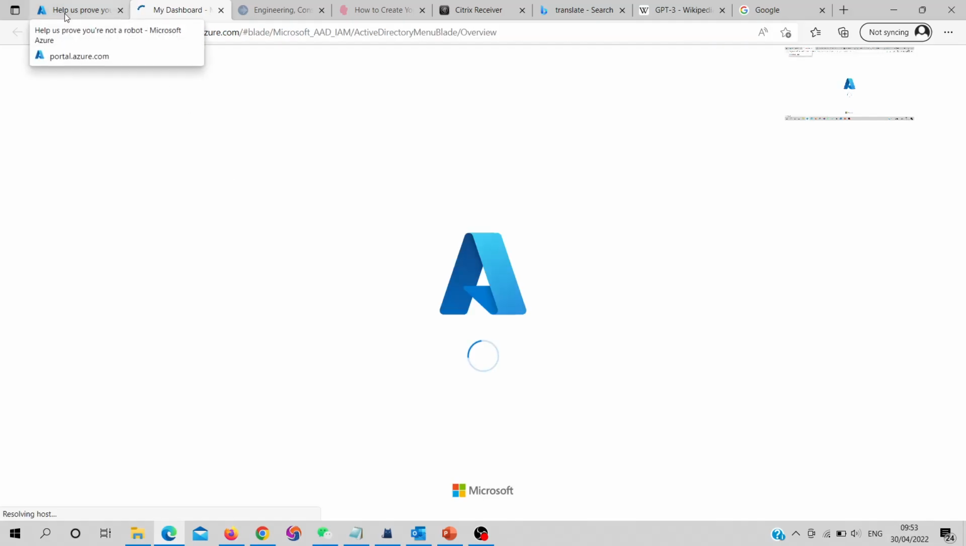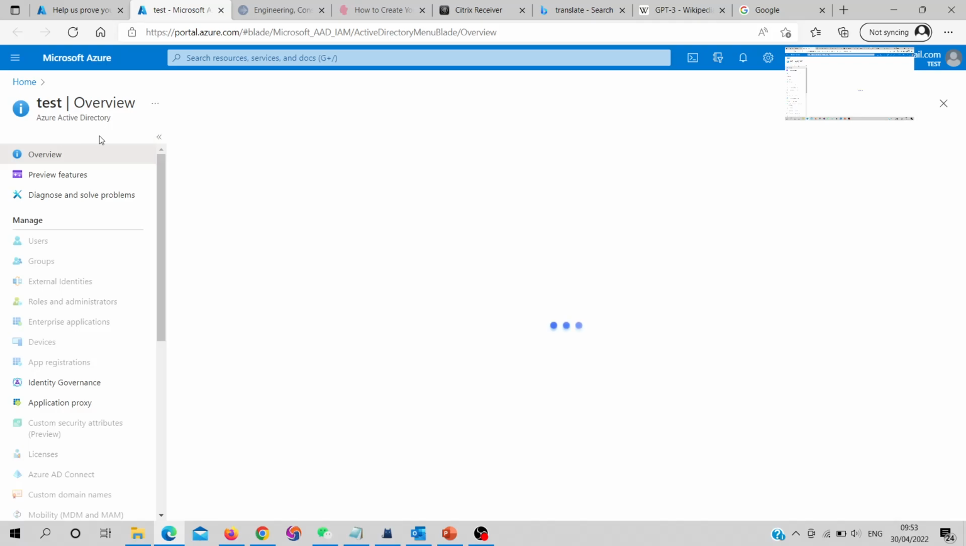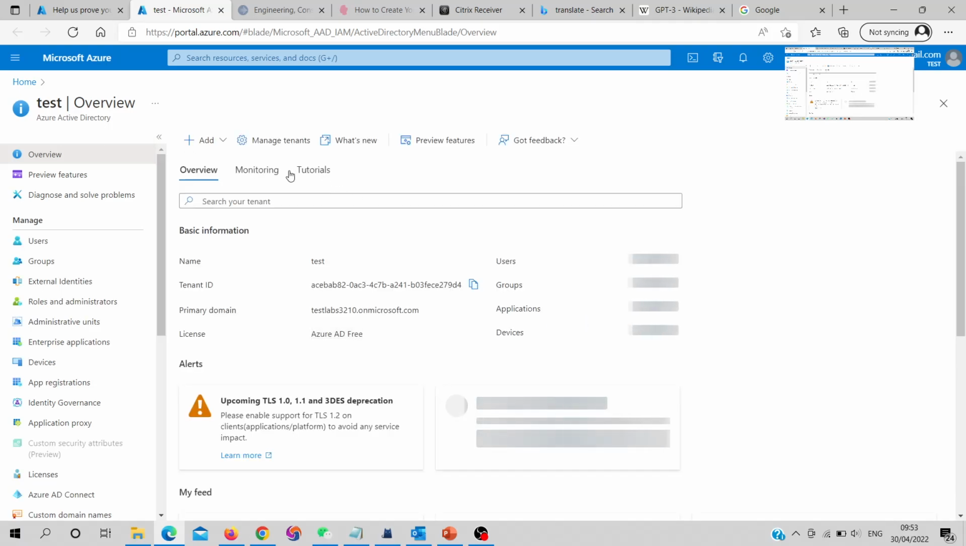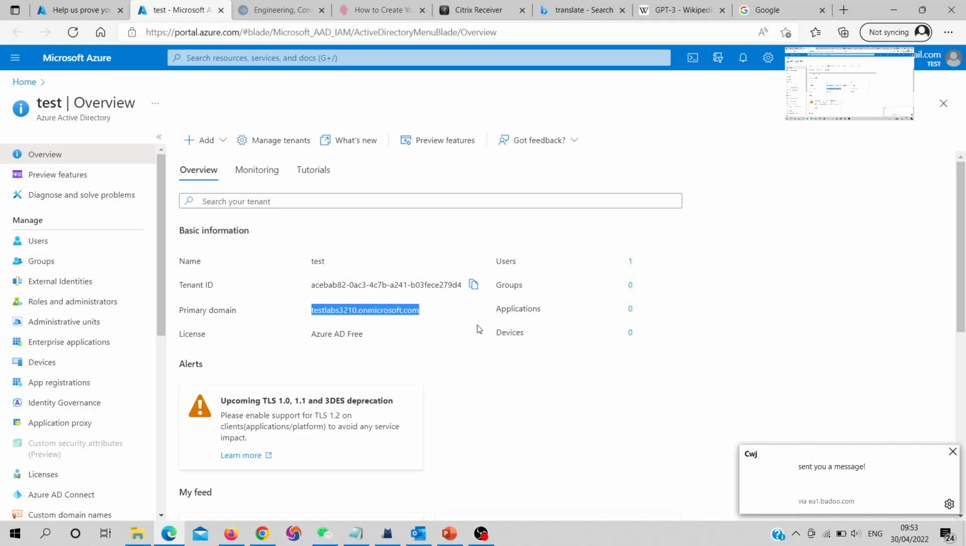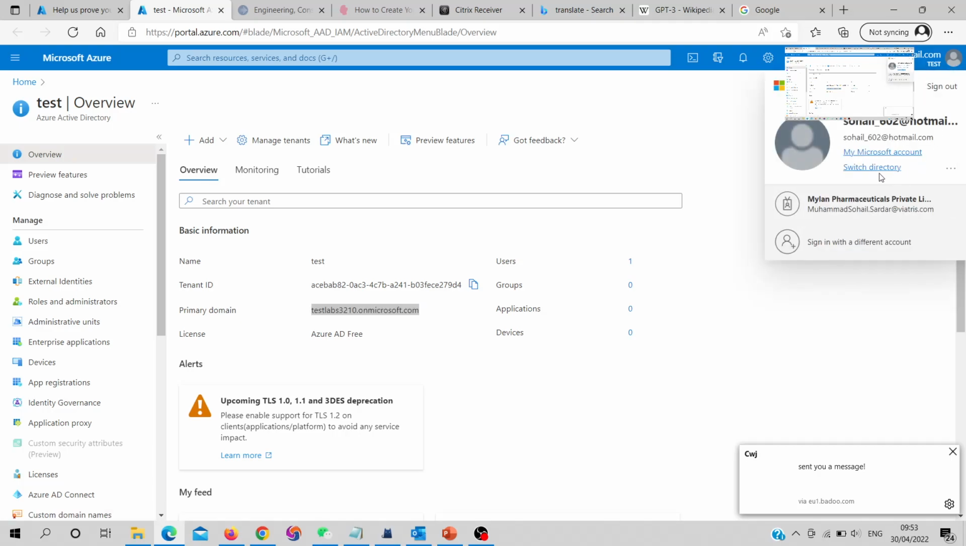So this is the tenant which we already created, the test tenant, and you can see the test tenant domain name. So this is all about tenant creation, and we can switch the tenant by going here, change to the